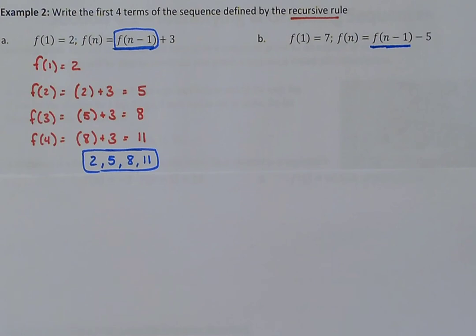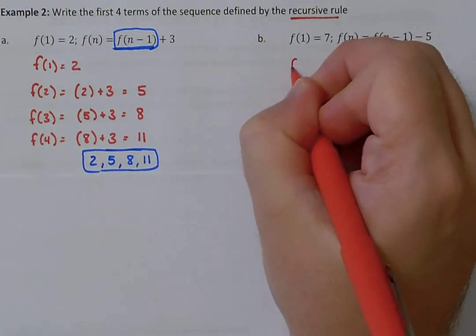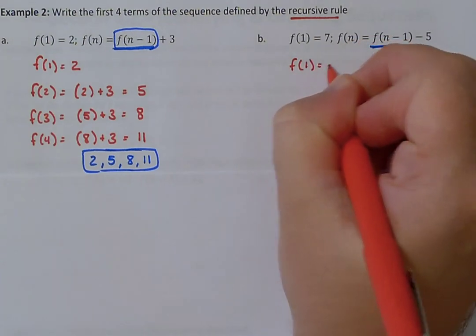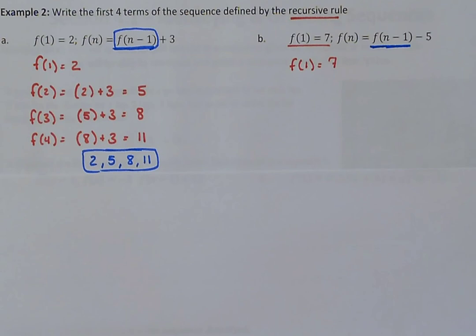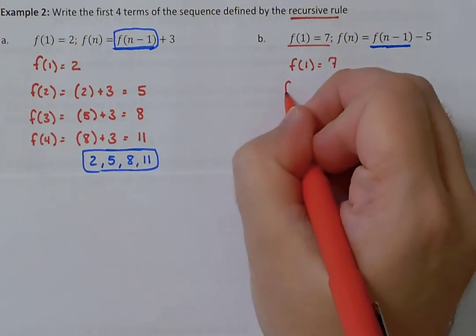and that's what we have to do. Sorry. So we have to go through and find the first 4 terms of the sequence. Again, you had to reuse the terms that you found to find the next term. So they always tell us our first term, f of 1 is 7, and I know that because they told me right there. Now f of 2,